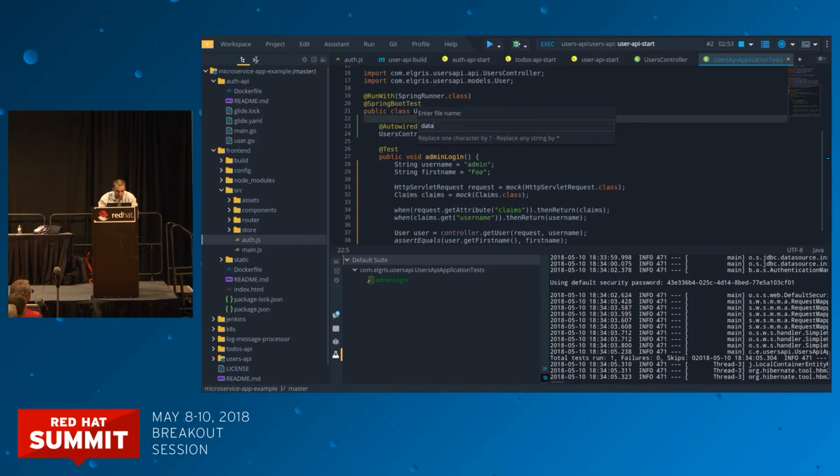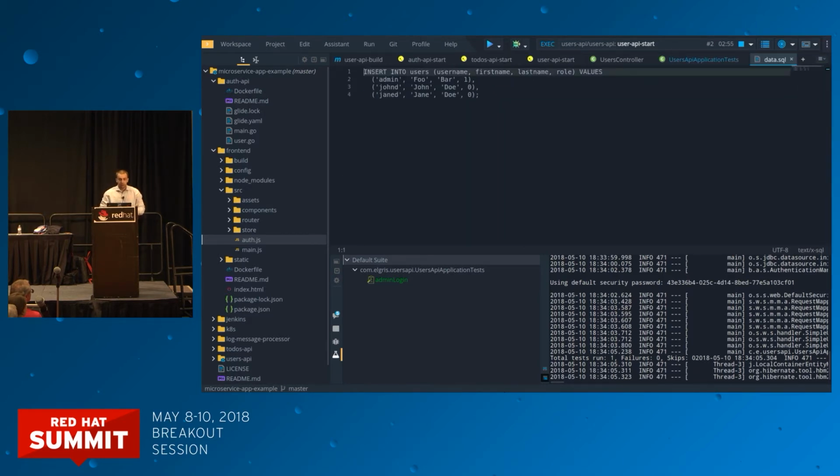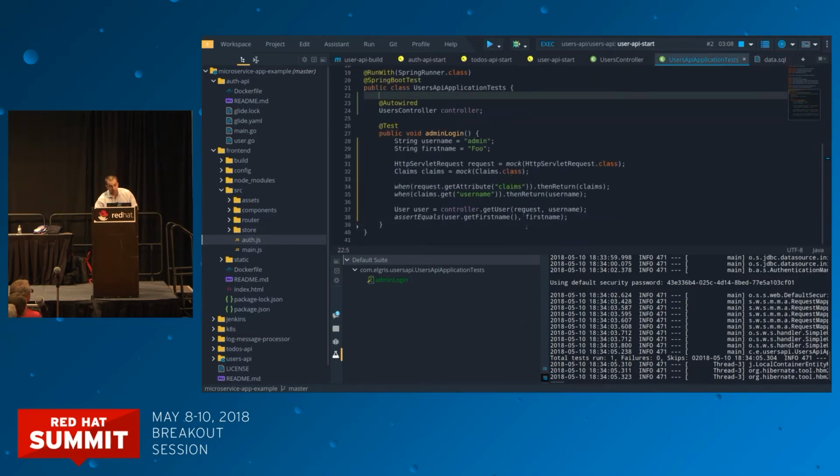So there is a data SQL file, which actually defines the users which are in the system. So you see that the username is admin and his first name is foo. So what I'm doing in the test is basically mocking some of the parameters for the user controller and expecting that when the username is admin, then the user controller should return the user with first name foo. So let's try to